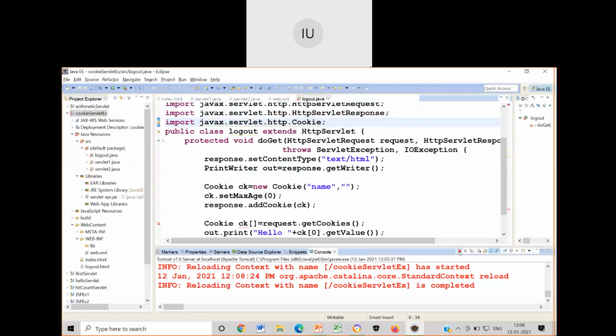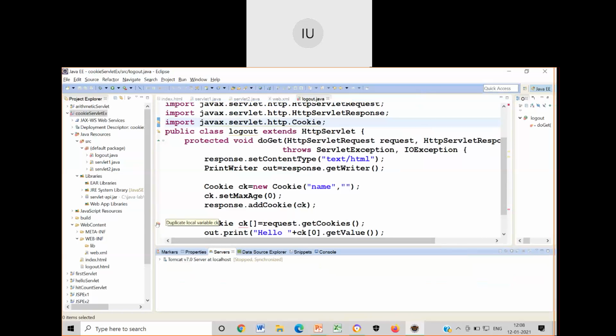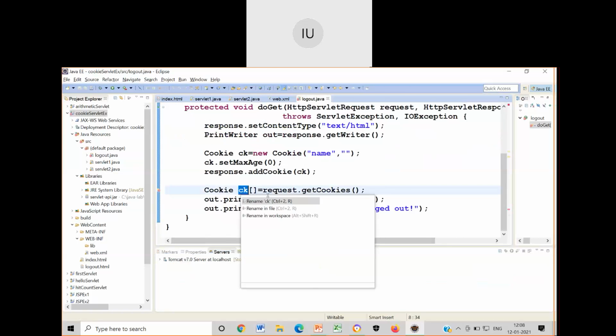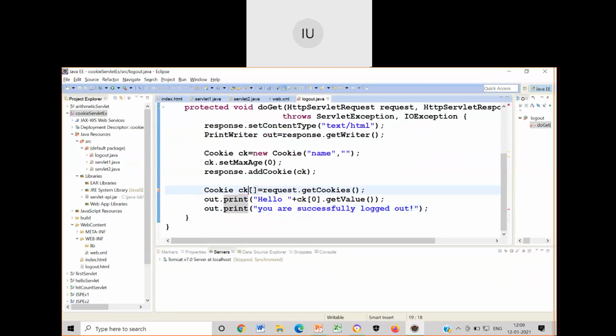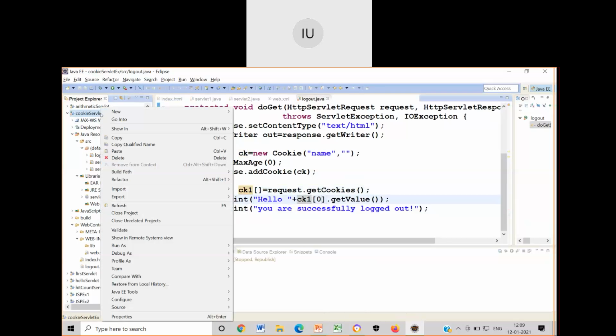I'll have to stop this, one minute. Duplicate local variable. Let me write ck1 and change it to ck1. Now, if I try to run this,